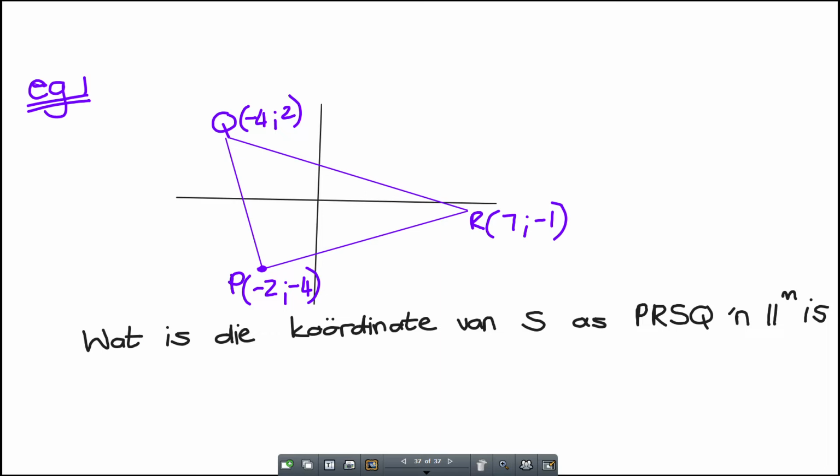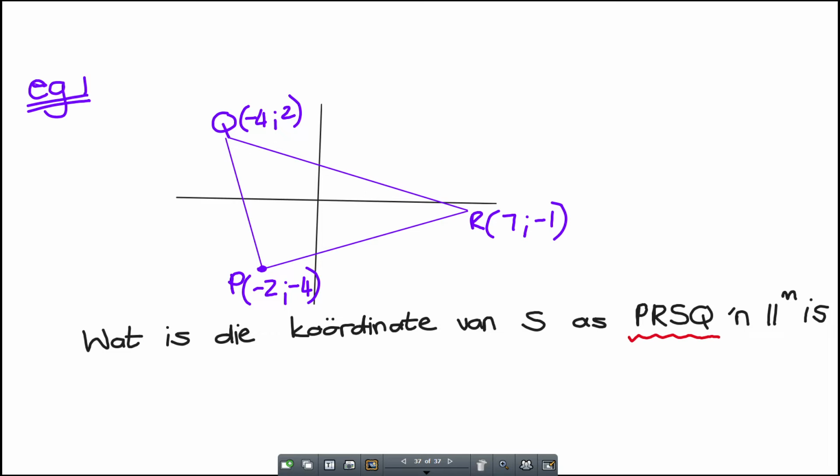But, so I'm asking, what are the coordinates of S if PRSQ is a parallelogram? Now you're going to see in my sketch, I only have a triangle. So you first have to determine where S would be more or less. And how do we do that? We go look at the order in which this was given. So they talk about